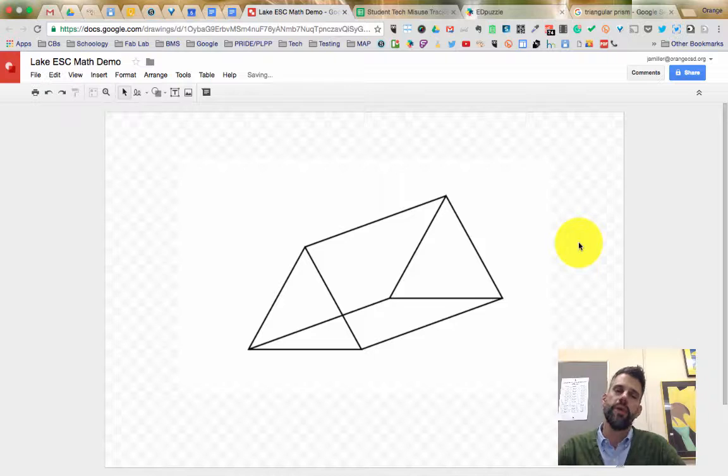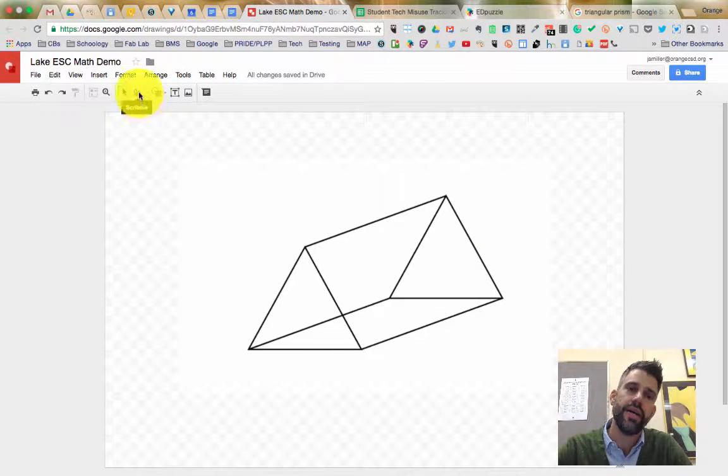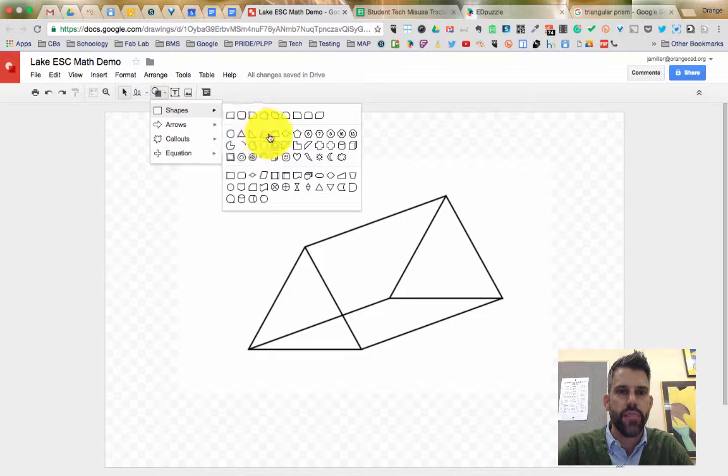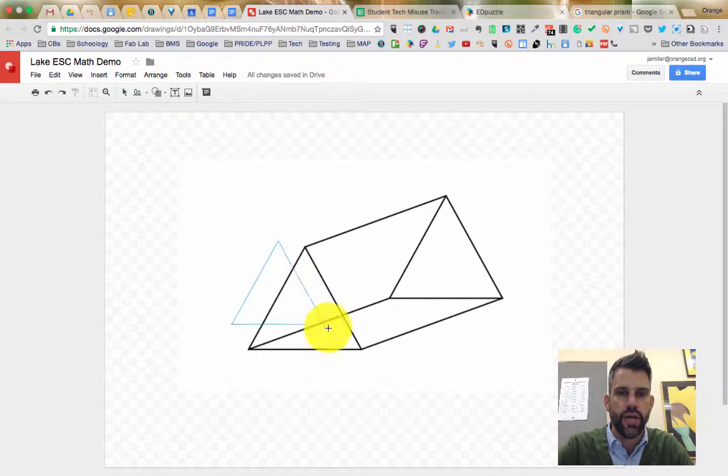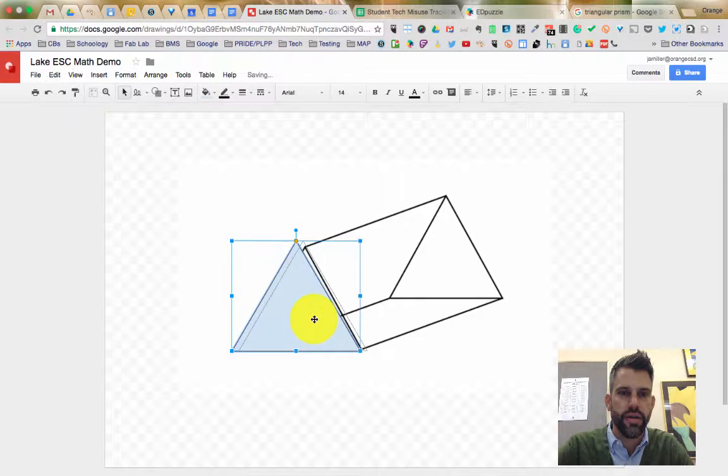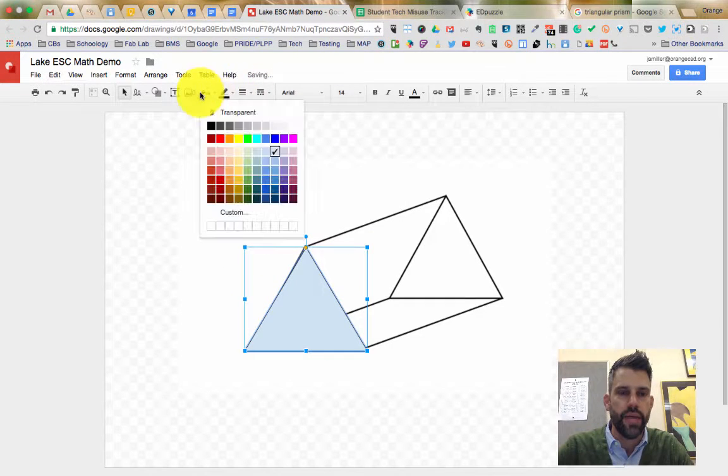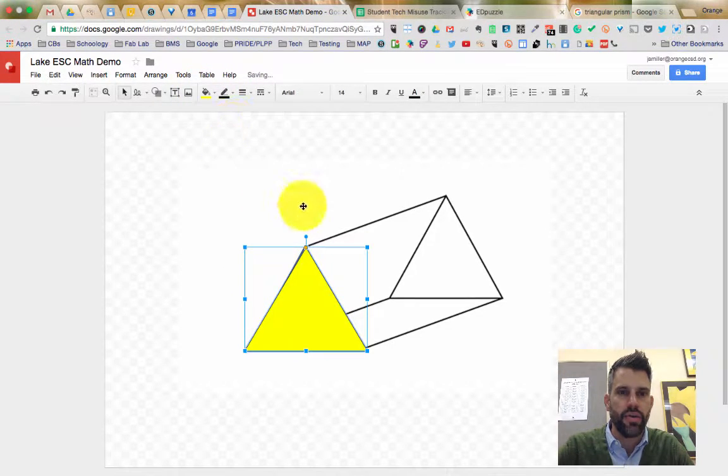So now that I have that shape in there, I can now draw on it. I can now type over it. I can now annotate on it. So if I want to, I can, for example, let's say I want to get a shape and get an equilateral triangle, and I'm going to draw an equilateral triangle right here so that it could be a different color, and I'm going to make it yellow so that it looks highlighted,